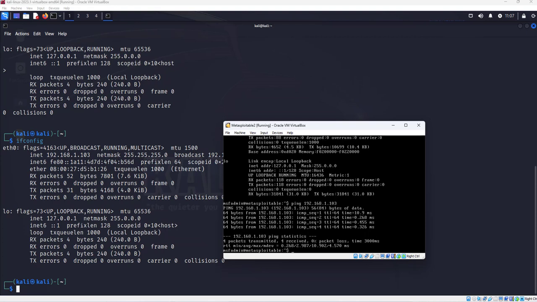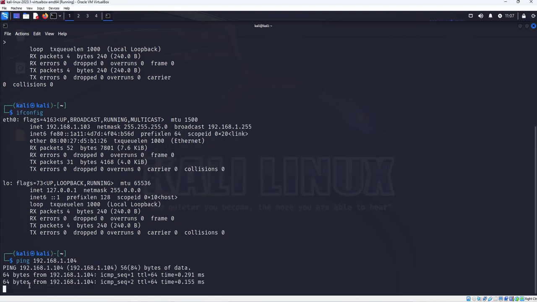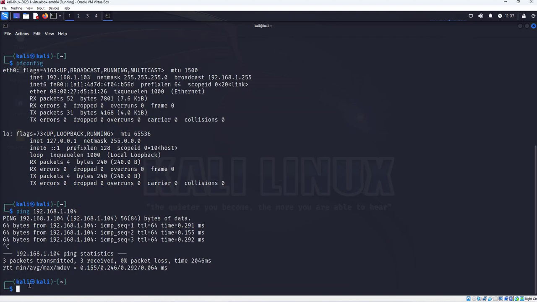Now I can try from the Kali to the Meta. I'm going to ping 192.168.1.104. Now it's also working, so we set up the environment correctly. The next thing that we're going to use is